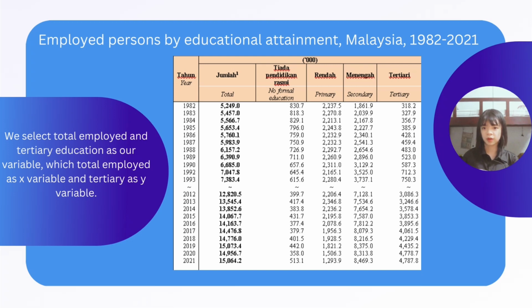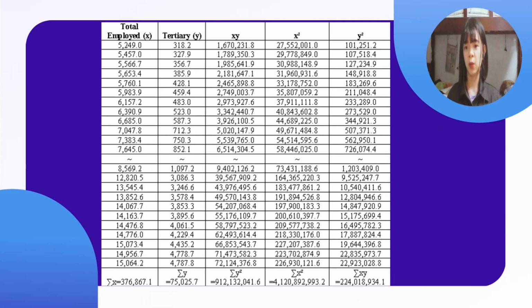The table below is about employment percent by education and technology, 1982 until 2021. We select total employee and tertiary education as our variables, with total employee as X variable and tertiary as Y variable. After calculation, we found that total X is 376x67.1, total Y is 75025.7, total Y square is 912132041.6, total X square is 4120892993.2, total XY is